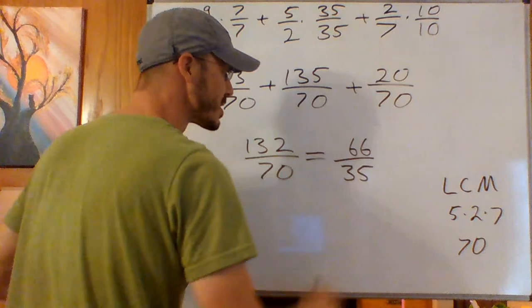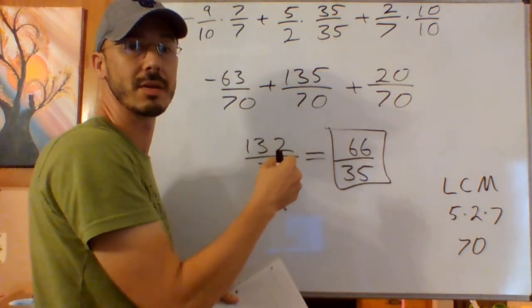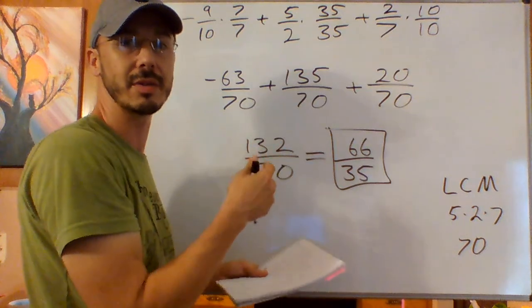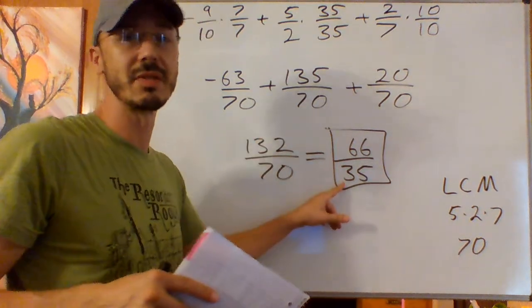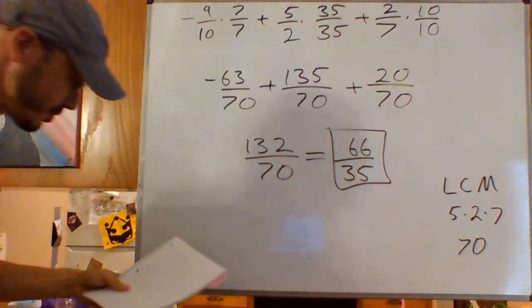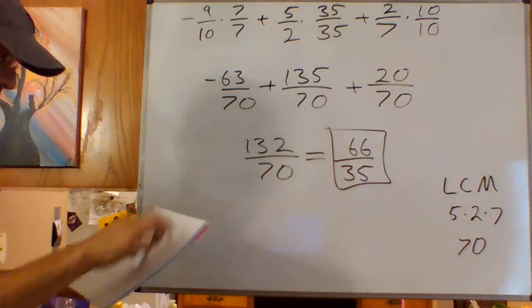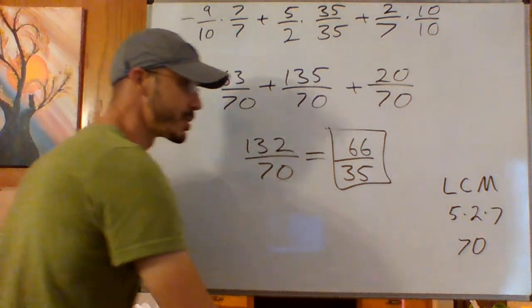I think that's in lowest terms because 66 is only divisible by 2, 3, and 11, and 35 is only divisible by 5 and 7, so there's no more common factors. That was a little messier than I thought it was, but